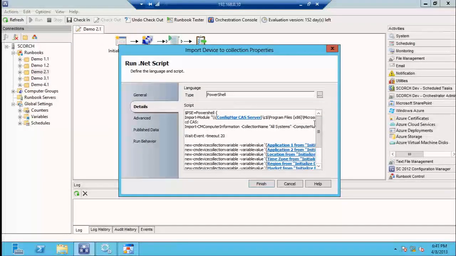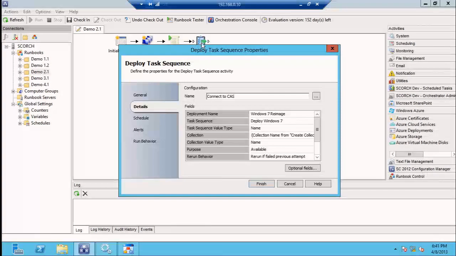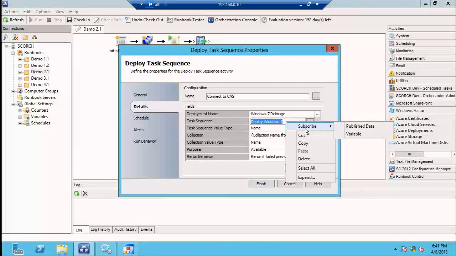All right. So then once I get that done, I will go through and deploy the task sequence. Again, this is a predefined step. So I can tell it, in this case, I can deploy this particular task sequence, or I could do variables. If I have a variable, which I did actually define it as a variable, I could leverage that to enable,